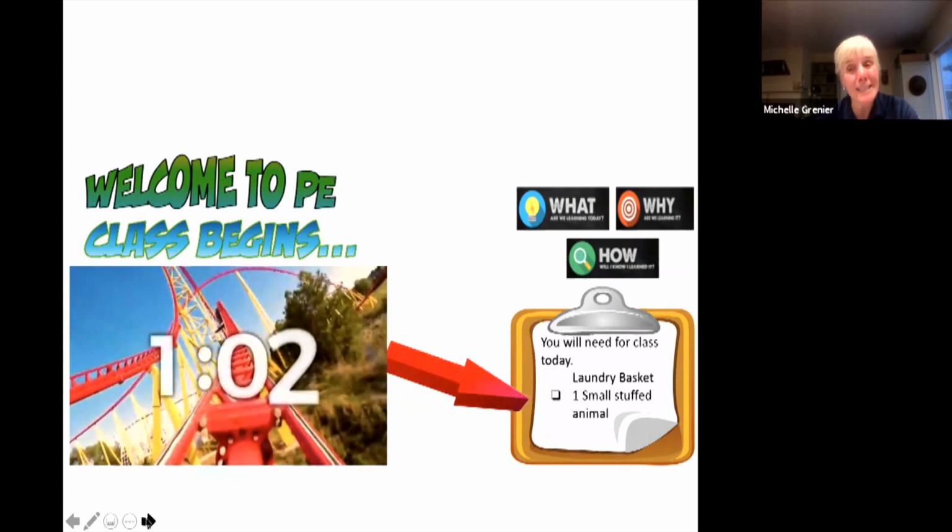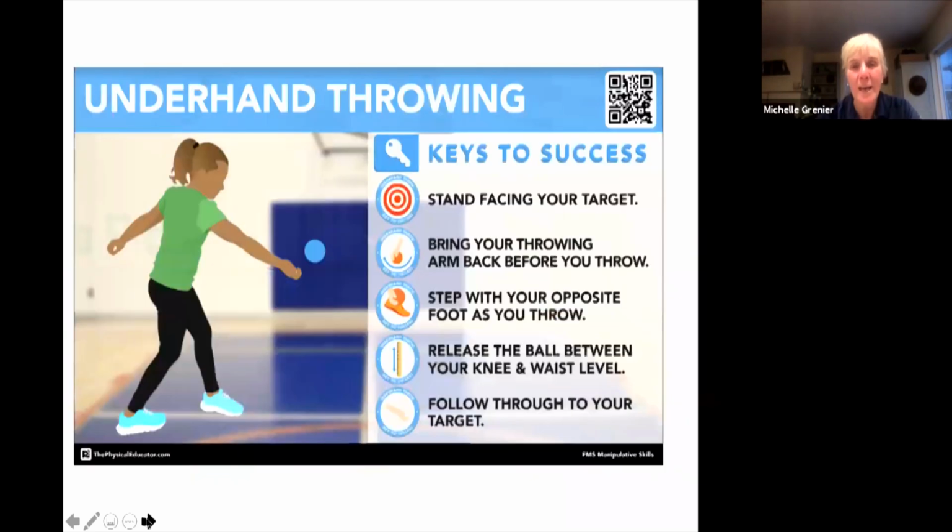Then he had the list on the right. This is what you need. And I'm going to set the timer now. So the timer was on the left, and students would have to go and collect everything. So heads up, this is what we're doing today. Let's get going. And during this, I think what teachers began, we've moved from physical activity.